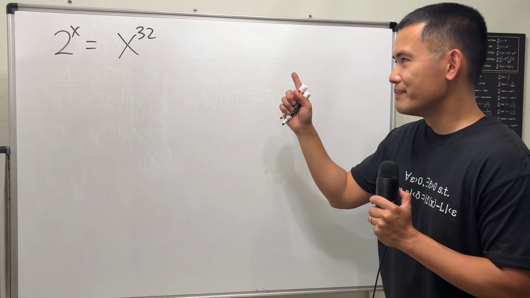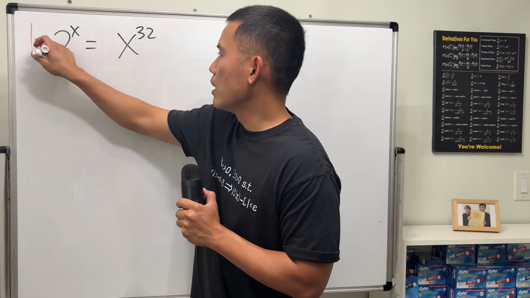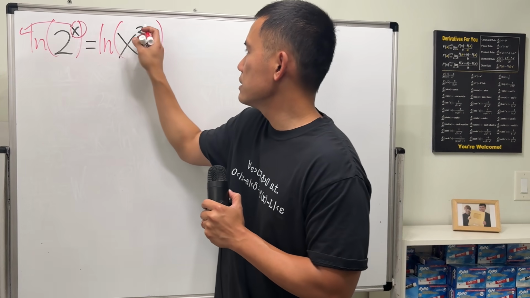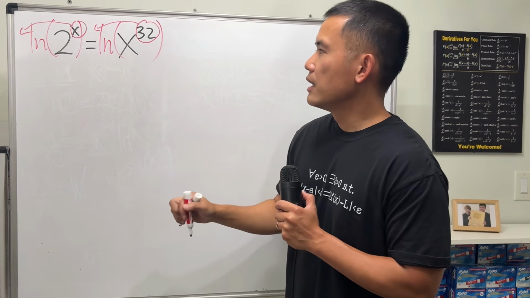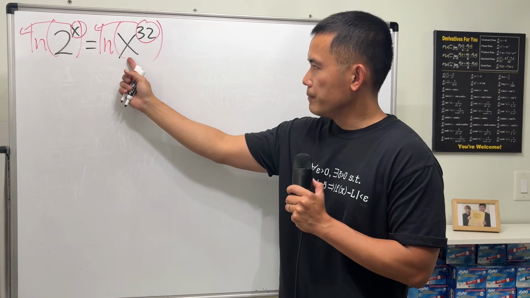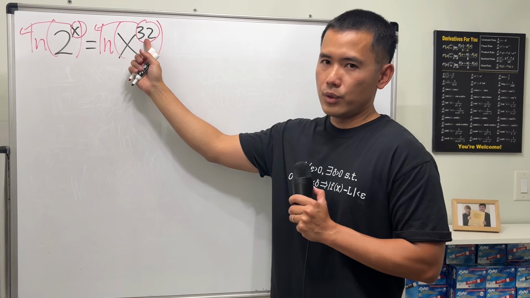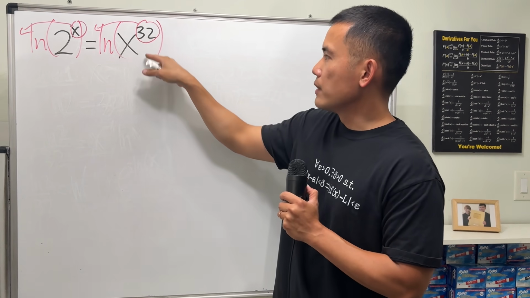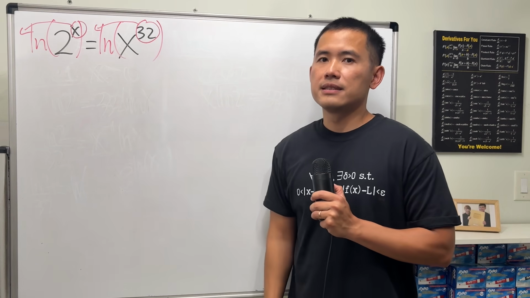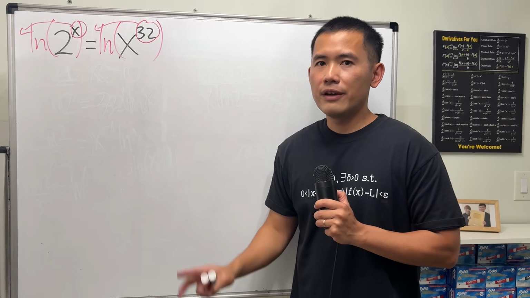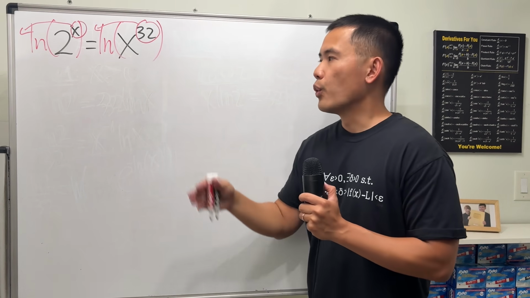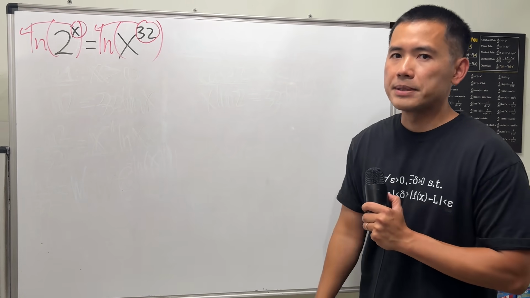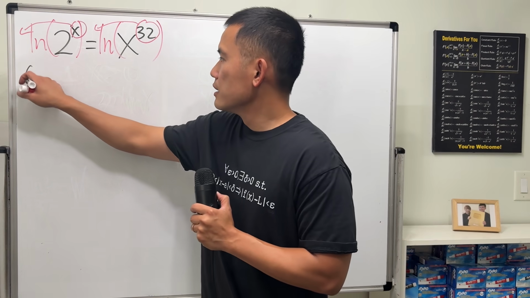But here we go. First, we'll just take the natural log of both sides so that we can bring the exponents to the front. However, here we have x to an even power. When we bring the even power to the front, we need the absolute value around the x. So we actually have to consider 2 cases, when x is positive versus when x is negative. That's how we take care of the absolute value situation. So case 1,